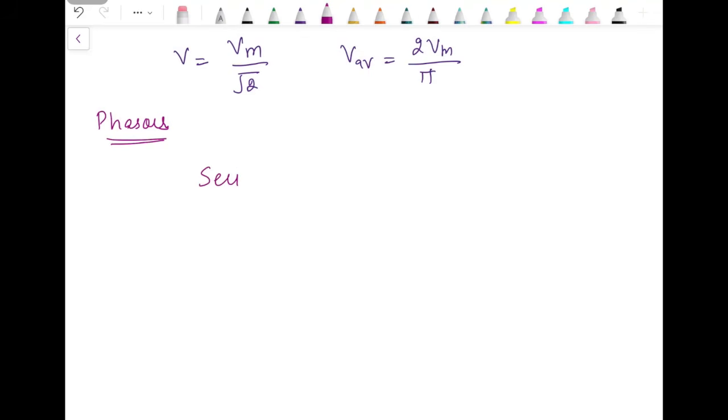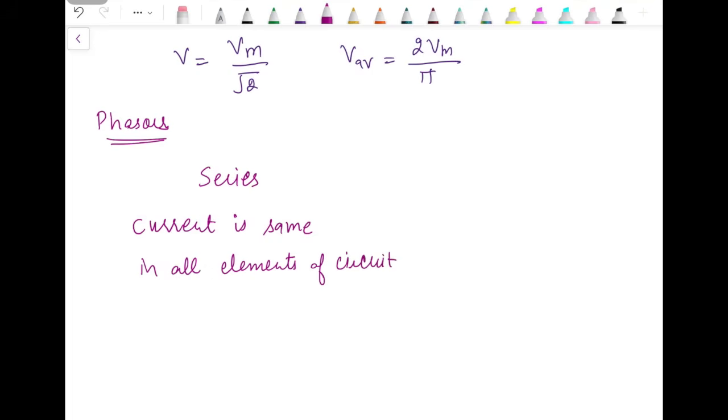In case of series circuits, since current is common to all circuit elements, it is considered as reference. While in case of parallel circuits,